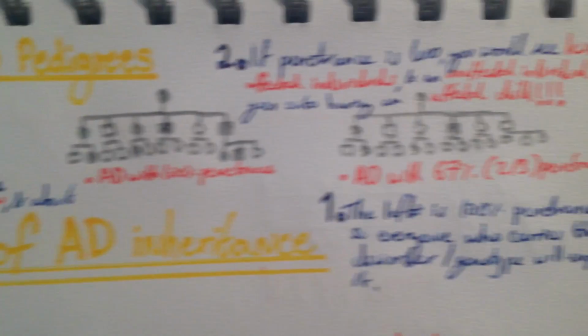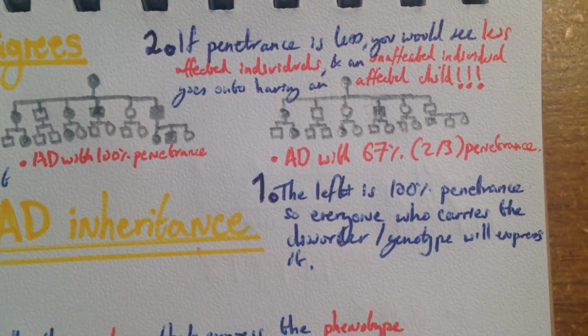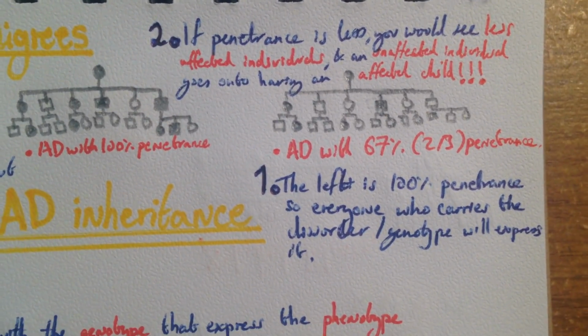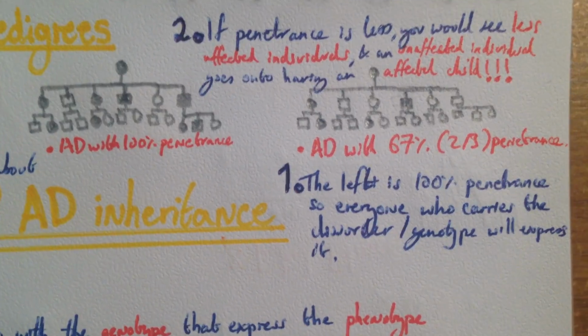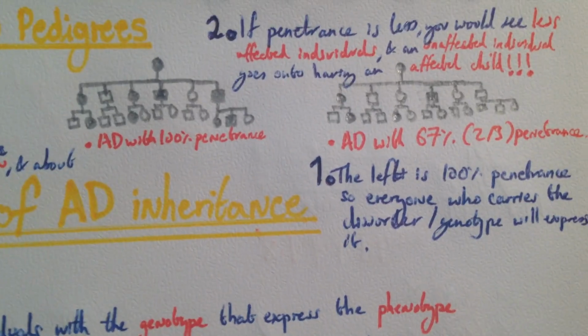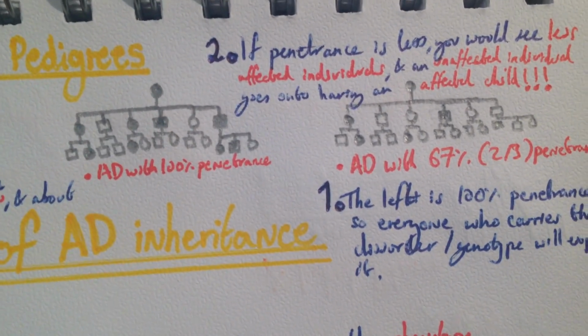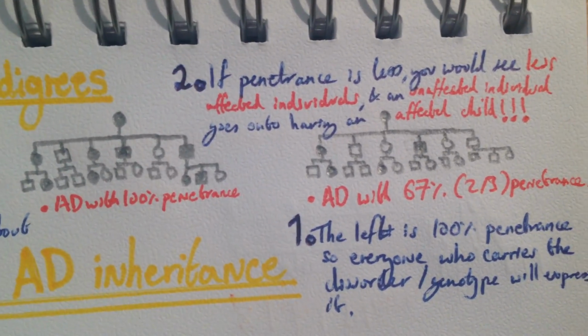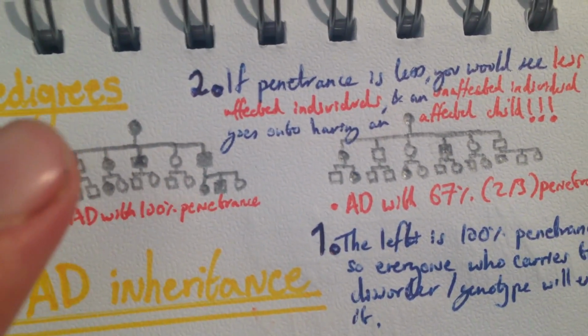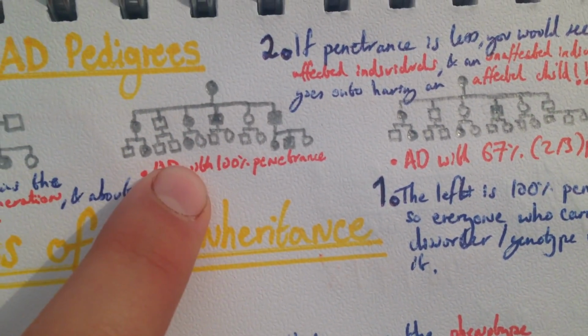We'll then look at another pedigree, and this is a pedigree with autosomal dominance being 100% penetrance. However, this is an autosomal dominant pedigree with 67% penetrance, so 2 out of 3 penetrance. And why this one is 100% penetrance is that all the people with the genotype express the phenotype, and how we know that is that